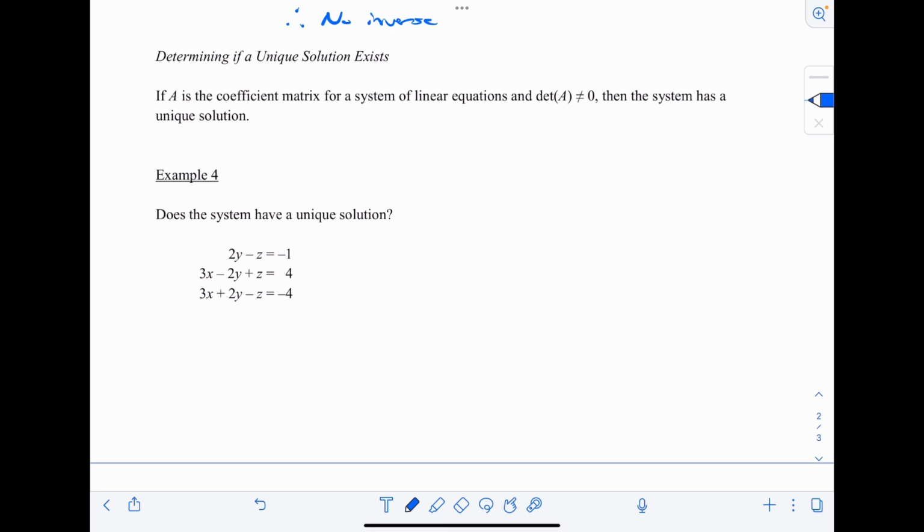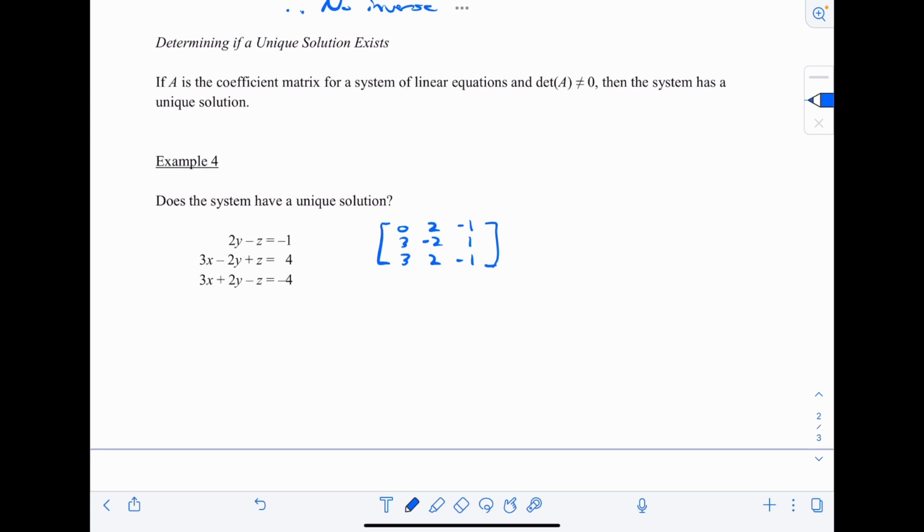So does this system have a unique solution? Well, let's go ahead and create the coefficient matrix. And we are going to find the determinant of that coefficient matrix to see whether or not the determinant is 0. All right. Now, we know how to do this. I am going to go through this, but instead of just jumping right in and finding it, let's think back to our last lesson where we can manipulate this matrix a little bit first to maybe make the work easier for us. So for example, if I take the opposite of the first row and I add it to the third row,